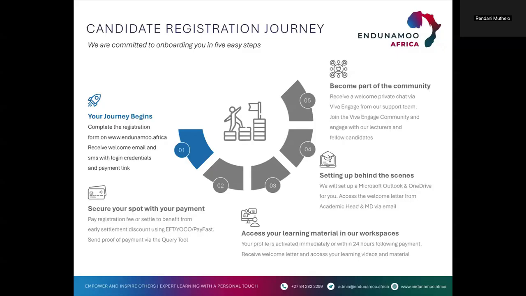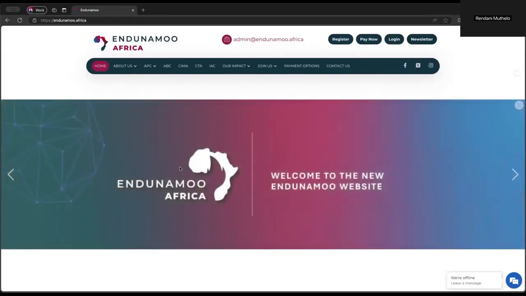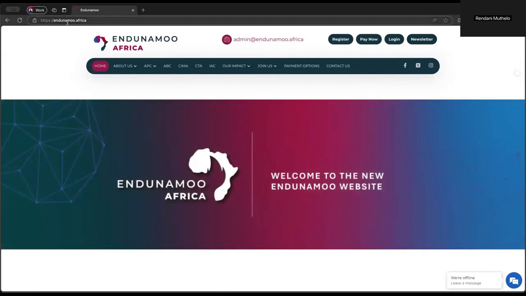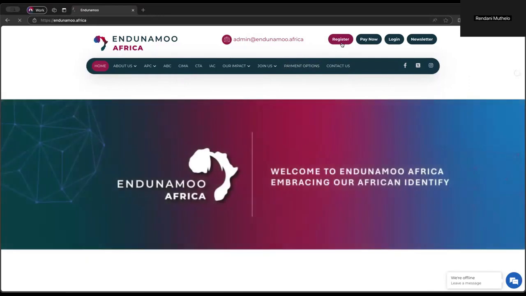So now we're gonna go through the first step of our registration and onboarding journey. Where the journey begins is the completion of the registration form. The first thing will be for you to access our website, which is Endunamoo.Africa. Once you're here, the registration form will be available under this button here. So you click register